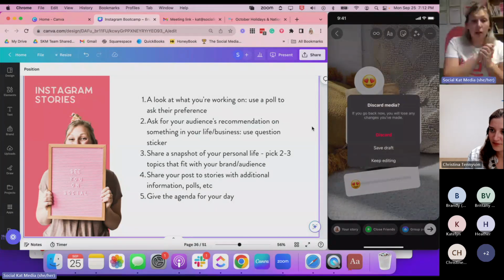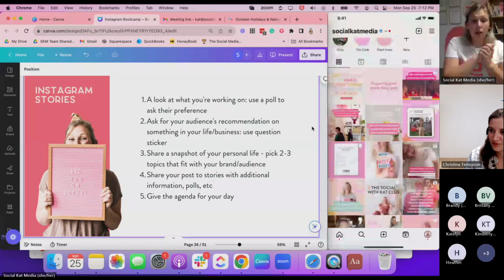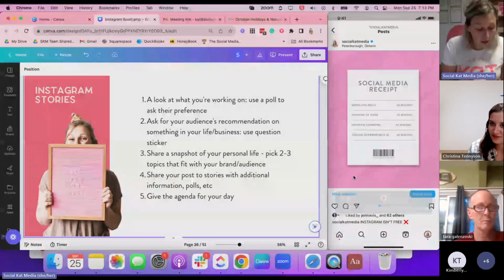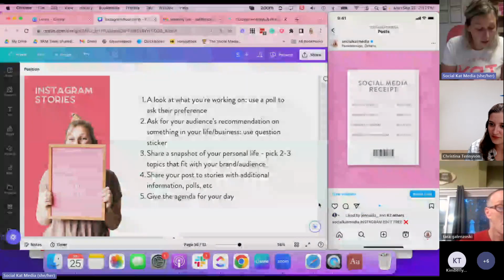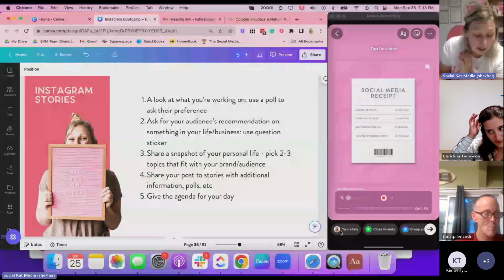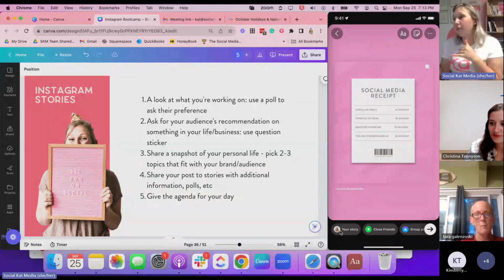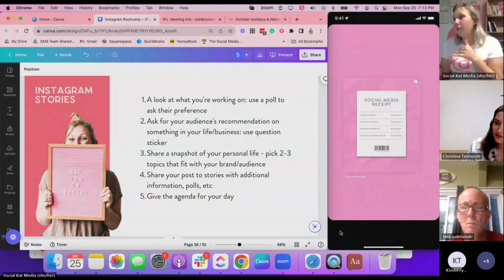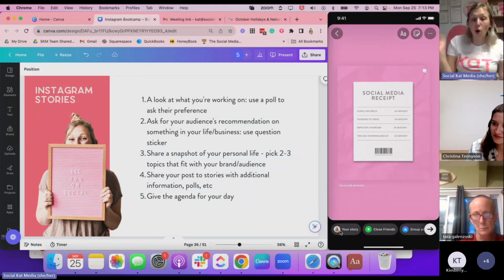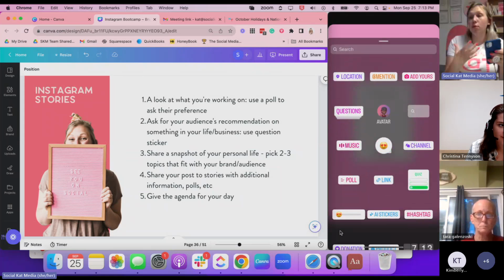So we have a post in our feed. I have this one about the social media receipt. I am going to click the paper airplane icon just over here, and I am going to add it to my story. So now I'm basically cross posting. I have it in my feed, but now I can also have it in my story. But what we don't want to do is just post it up there, because it's kind of boring. We can use some of those engagement things we just chatted about, like the poll, like the sticker, to build up that engagement. So maybe I am,